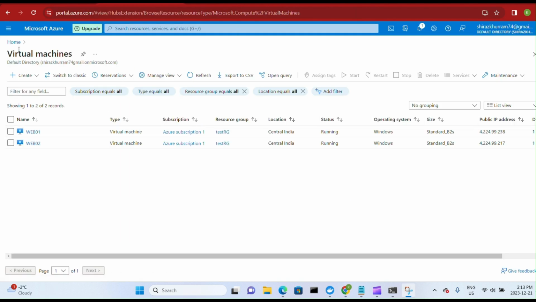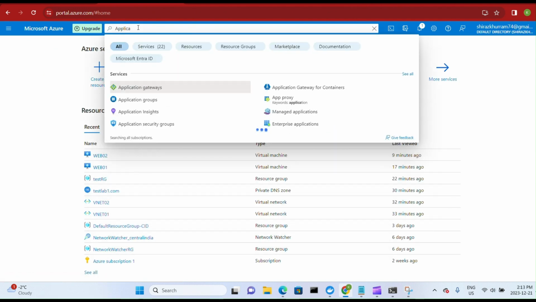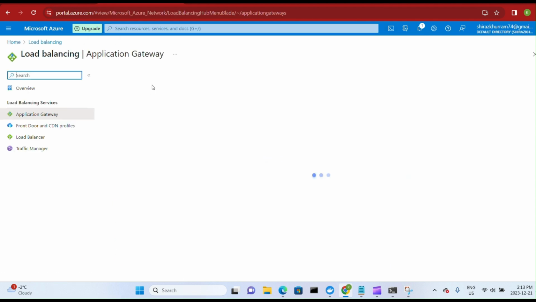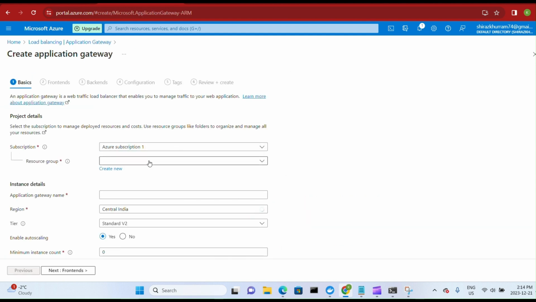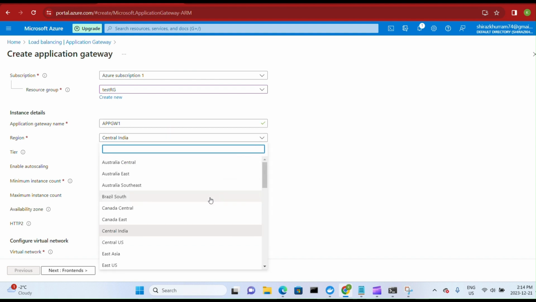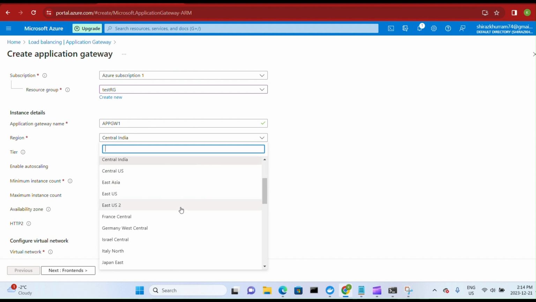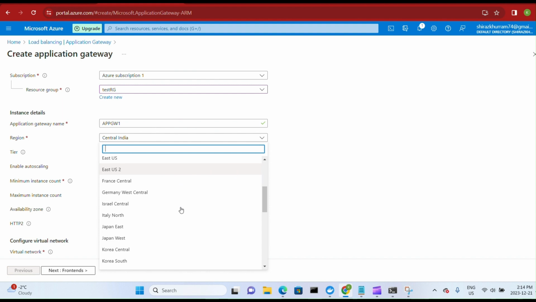So now we are going to deploy our application gateway. As we know, as per our design, we have to deploy our application gateway in the UK region. So let's go and deploy the application gateway. For the application gateway, we're going to use test RG and we call it app gateway 1, and we are going to deploy in the South UK region. I believe that was what we selected. Yes, South UK region,